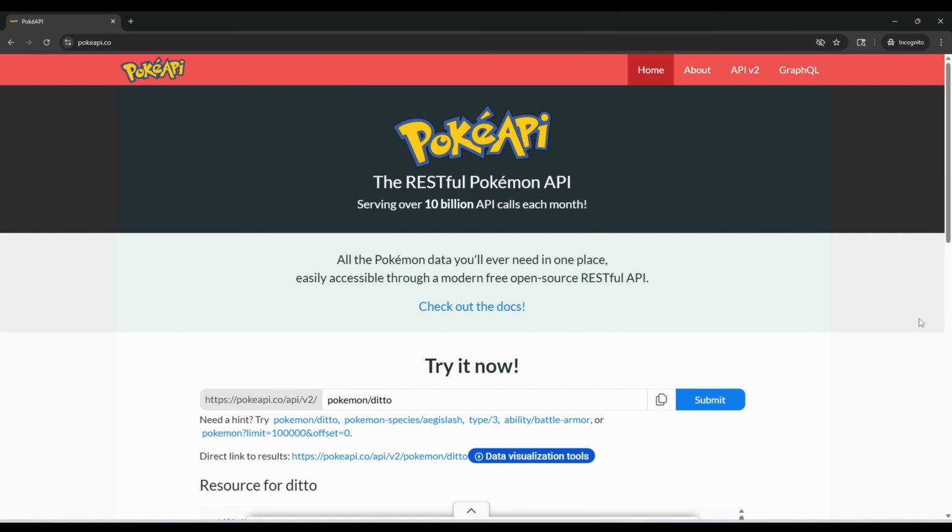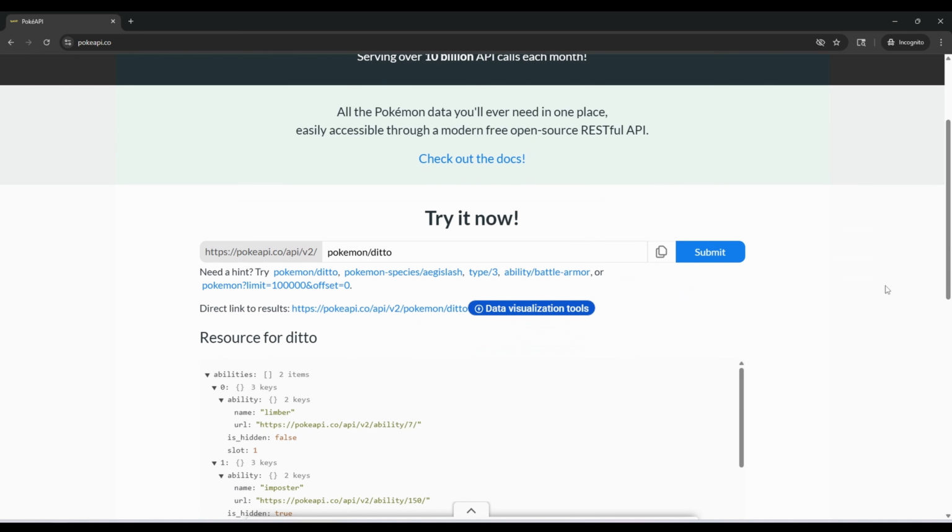I'm going to use the Poke API. It's a free public API that has multiple endpoints with different methods and parameters. And it's honestly just fun to work with, because who doesn't like Pokemon? Here's what I'm looking at. The Poke API has endpoints for getting Pokemon data, berries, items, abilities, and more. The endpoint I'm going to focus on right now is